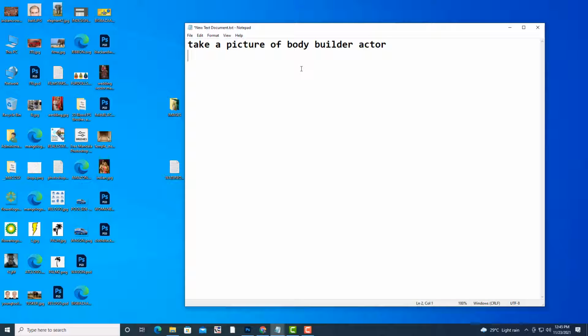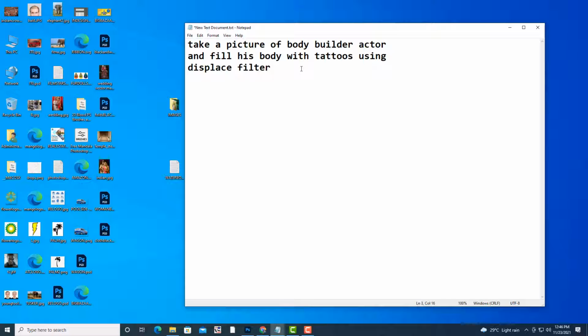And fill his body with tattoos. So you have to fill the body of that actor with tattoos using displace filter. Okay, don't just put them like that. You have to use displace filter. This is compulsory.